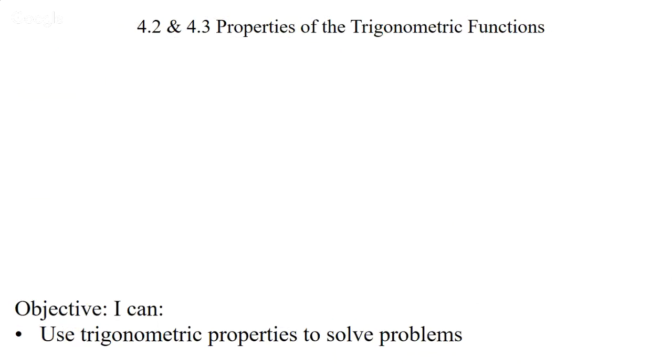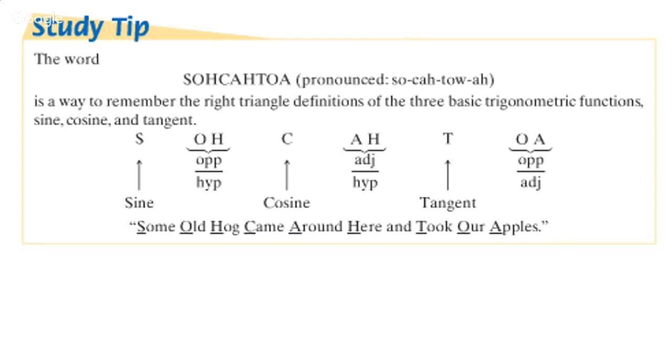This section is on 4.2 and 4.3, properties of trig functions. If you're having trouble memorizing your trig identities, here's a couple of mnemonic devices. You have SOHCAHTOA, which is a way to remember it like an Indian name, where S is sine, O is opposite, H is hypotenuse, C is cosine, A is adjacent, H is hypotenuse, T is tangent, O is opposite, and